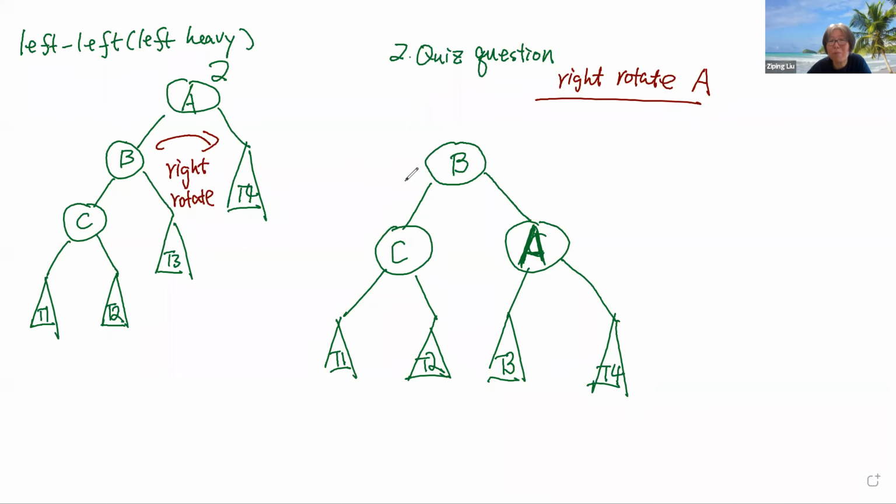Basically, you bring B up and then make A as B's right child. And then you can reconnect B with A's parent